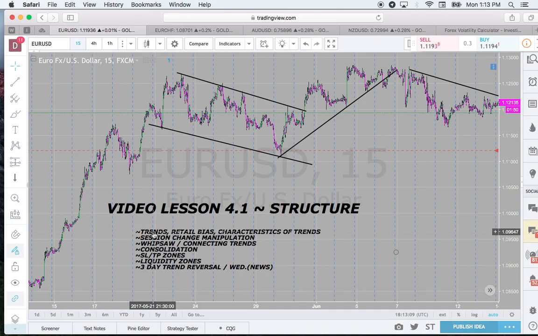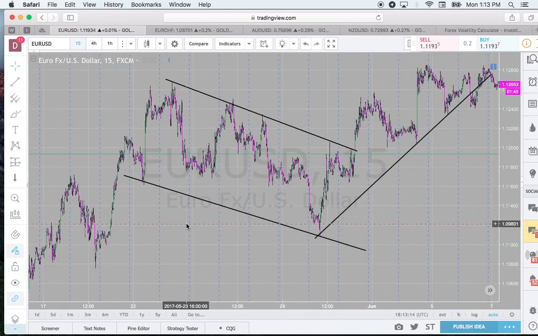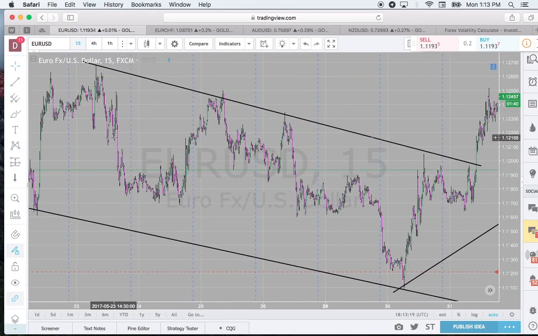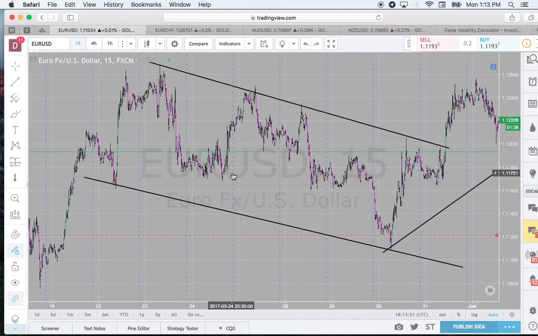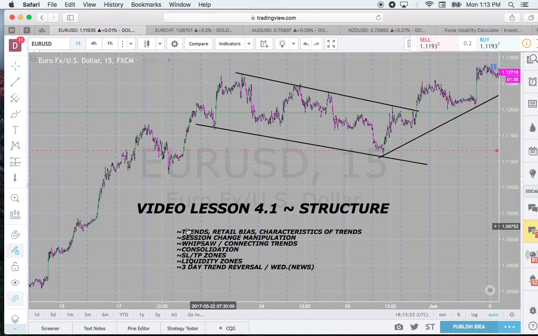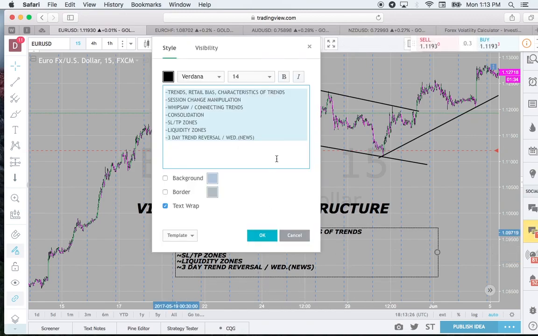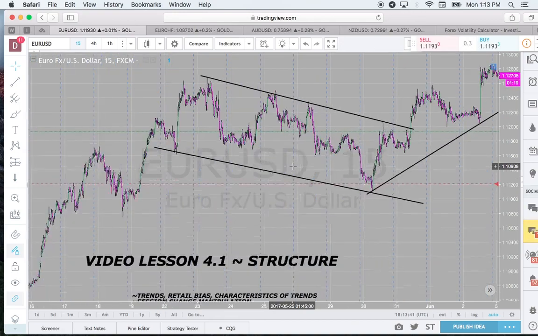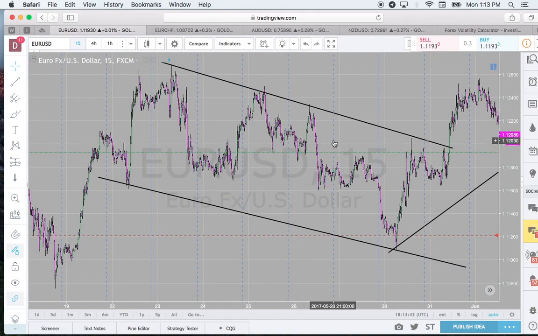So, to start off, we will be talking about trends and the characteristics of a trend. So, here we are on Euro USD, the 15-minute chart. I don't have this noted on here, so I should better note it right now. We will also be going over higher time frames and how everything that I'm talking about right now